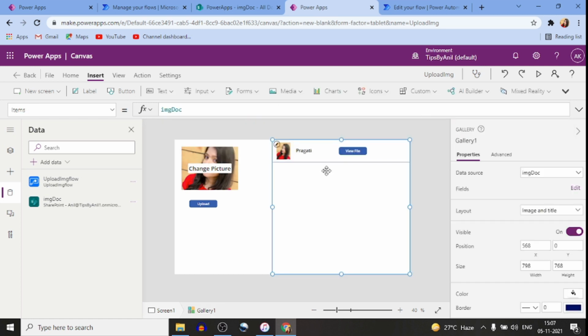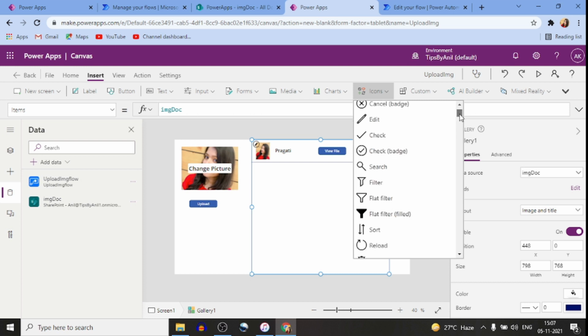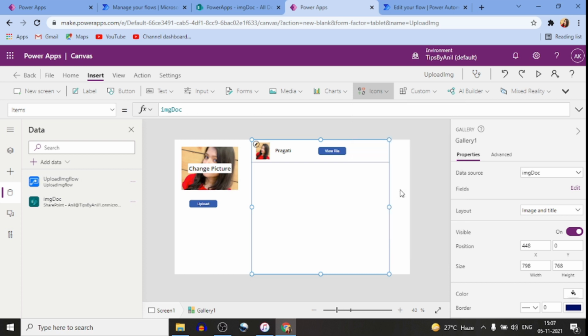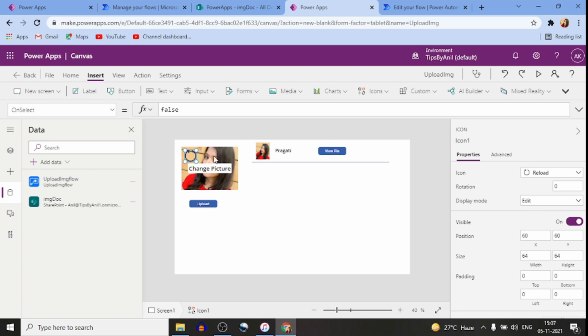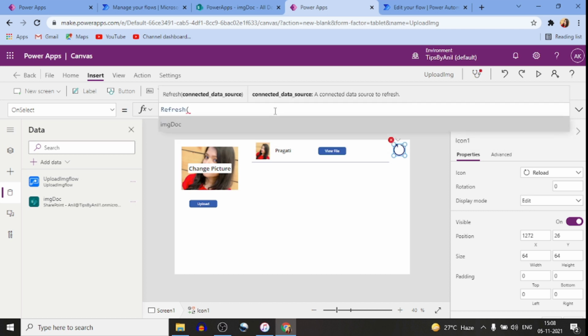One more thing we have to do: here I will pick an icon, the reload icon. On this select, I will use refresh image doc.